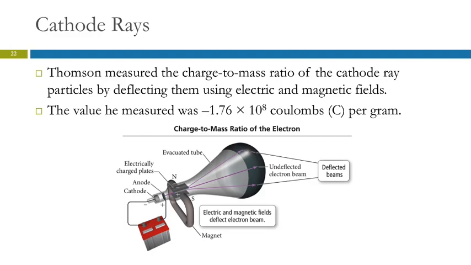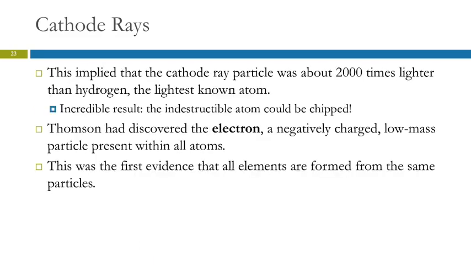He couldn't measure the charge or the mass separately, but he could get the ratio from this experiment. So he found it was minus 1.76 times 10 to the 8th coulombs per gram. So coulomb is a unit of charge, and that's all we need to know about it. Based on the knowledge of charge, this implied that the cathode ray particle was about 2,000 times lighter than the